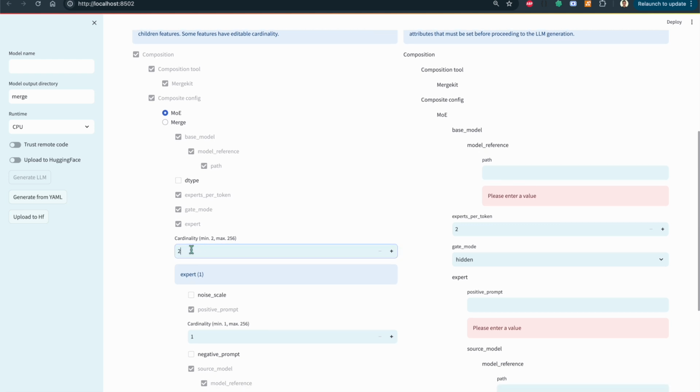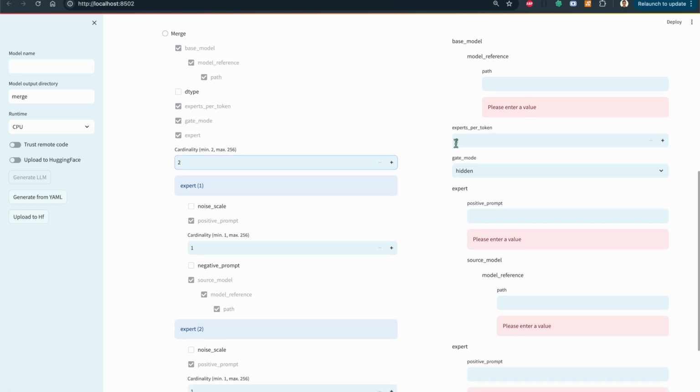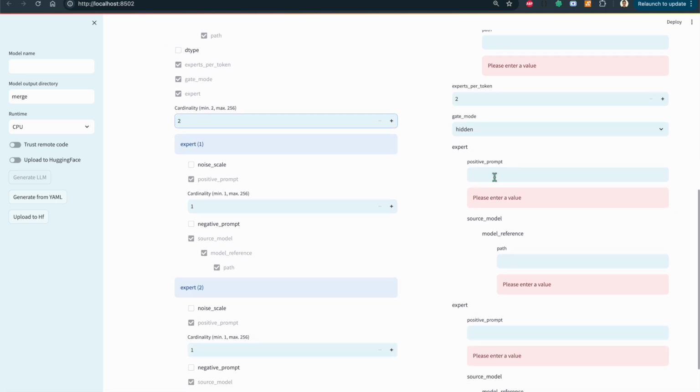And then here we can select the cardinality of the expert feature. So we could add 2 or more experts here. We will set it to 2. And then on the right side, we will specify the attributes of this feature. As you can see, since we selected 2 experts, on the configuration side we can see 2 experts where we will set the model name, which is the path assigned in Hugging Face, and some other